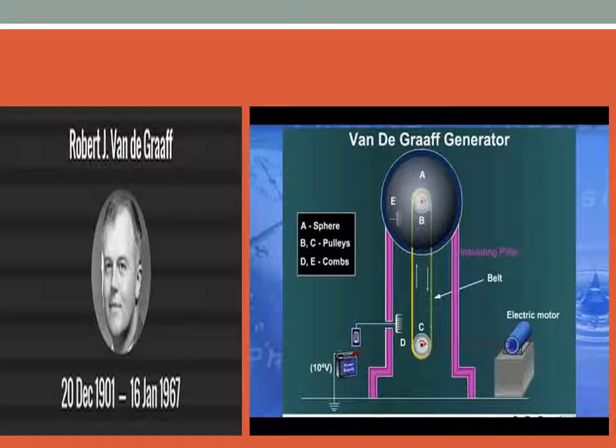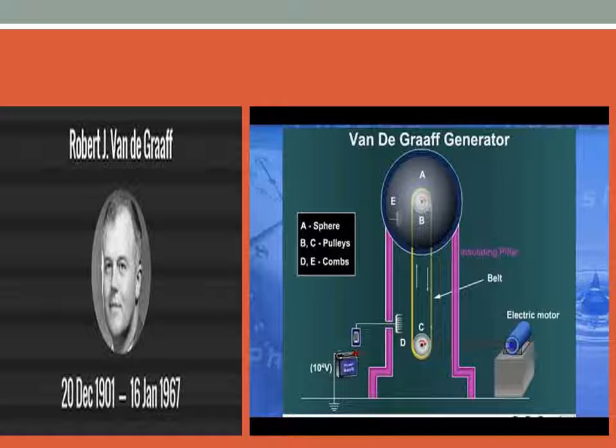The next one is your Van de Graaff generator. Robert J. Van de Graaff was the man who designed this machine in the year 1962. Now this is the device which is used to produce large amounts of charges, and this is done with the help of electrostatic potential difference up to around 10 to the power of 7 volts. The principle of the Van de Graaff generator is that it works on electrostatic induction and action at points. Now see the diagram of the Van de Graaff generator.